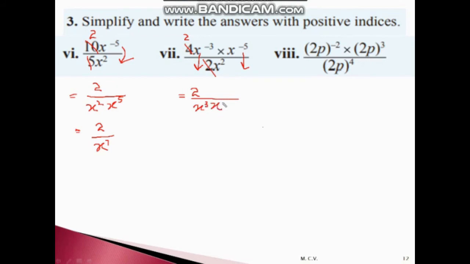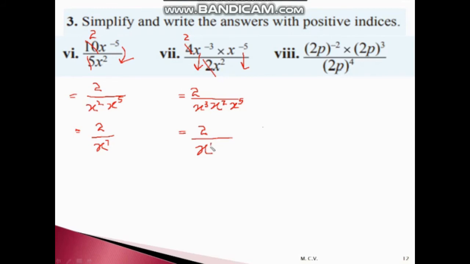Already x to the power 2 is there, write that also. Two over x to the power 3 plus 2 plus 5. 3 plus 2 is 5, 5 plus 5 is 10. X to the power 10. Next one,